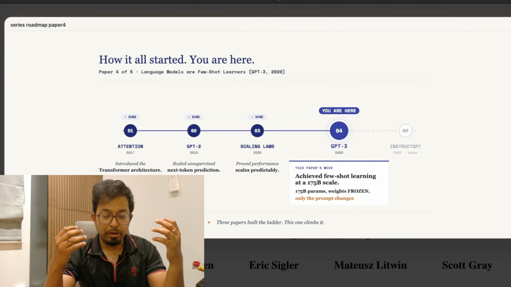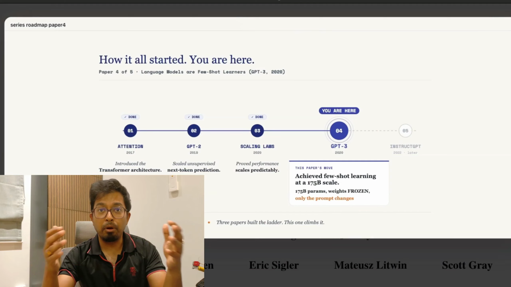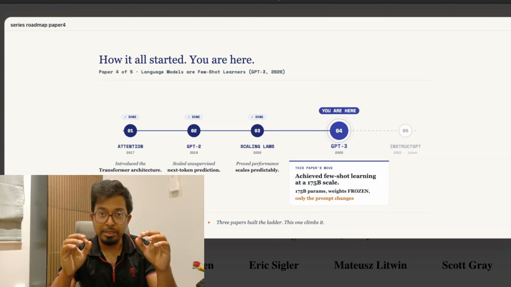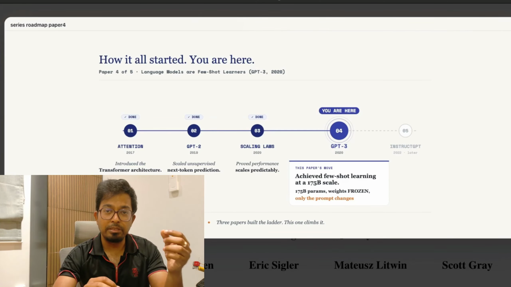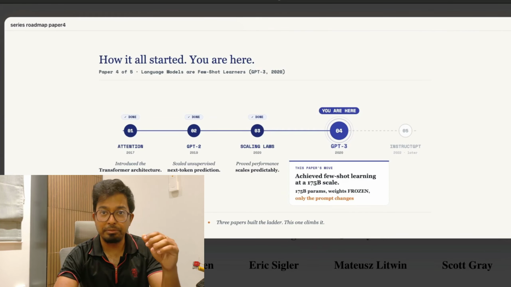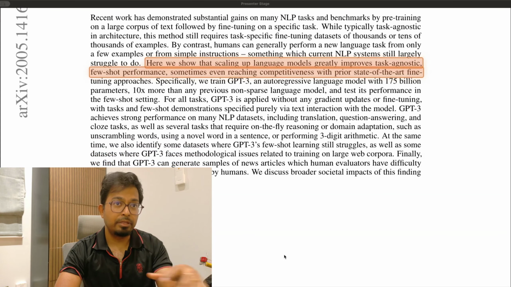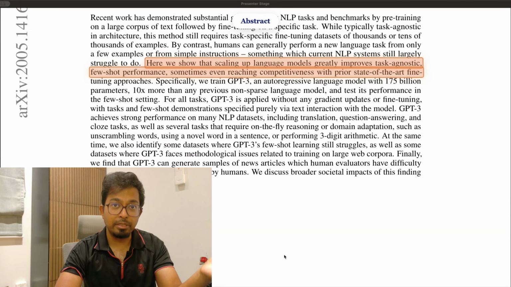And finally, this paper, GPT-3, asks a simple question. What happens when we actually get such a big model? Same architecture family as GPT-2, but just scaled up on more data for longer. If I had to sum up the paper, what the authors are trying to say is that at this scale, the model starts to learn tasks from just a few examples placed in its context window, with no gradient updates at all, no fine tuning, just text in, text out. That's what is called few shot learning, and we'll go deeper into that. And this is exactly what we are going to walk through today: the setup, the scale ladder, the evaluations, and what the authors learned from that.